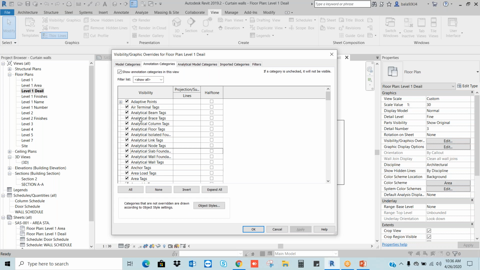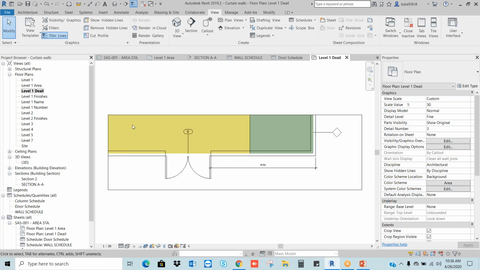Let's say I want to switch off my section. I will go to this annotation category. I will check for my section. Where is the section? Where is it? Sections. Switch off. Now you can see I switched off this layer only in this drawing. It will not get updated in other areas.